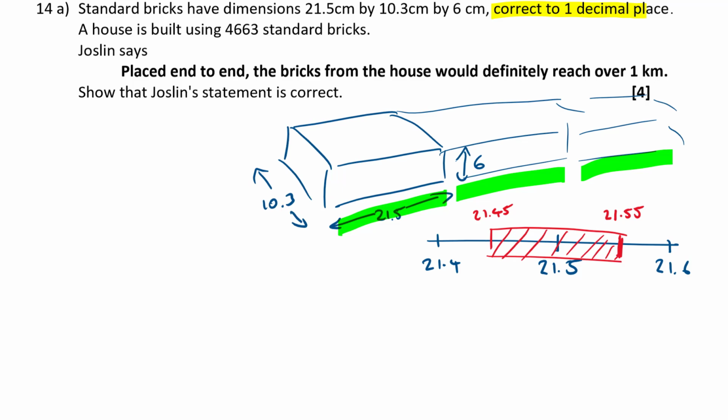Right, so that is the value. So placed end to end, the bricks of this house would definitely reach over 1 kilometre. To be definite about it, let's take the worst case scenario, that these bricks are at the lower end. Obviously, if I take the upper end, it's going to be longer, isn't it? So there's more chance of it being over a kilometre at the larger end. So just to make sure, I'm going to pick out the smaller end and use that in my calculation. So the minimum length that this line can be would be my 4,663 bricks times the lower bound,